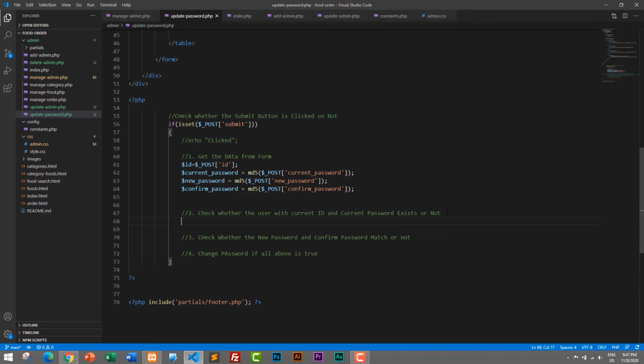So for that we need to create an SQL query. $sql is equals to select asterisk from tbl_admin where ID is equals to $id and password is equals to... sorry, which one is this? Current password. So this is our SQL query, and if you see the difference, we have single quote for password